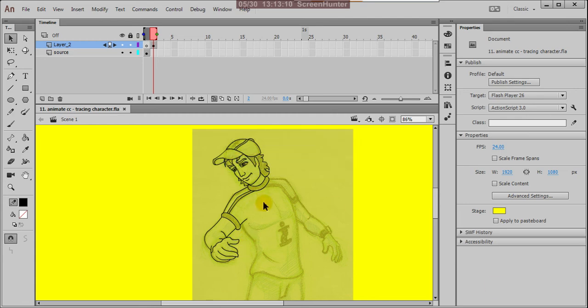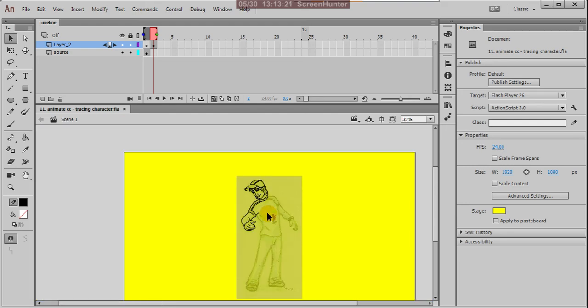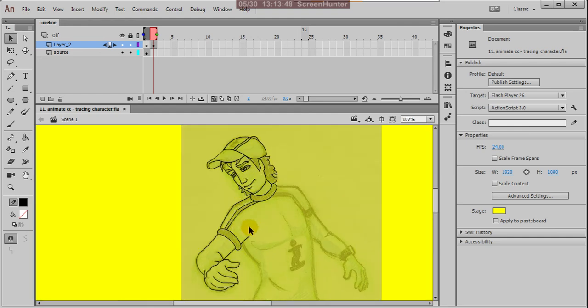Control S. So up to here, today I explained how to trace in Animate CC, and in the next class I'll try to finish the whole body, because I want to explain the whole thing: tracing, coloring, light and shades, and the ground shadow. I want to complete this fully, but today I'm stopping at this stage only.